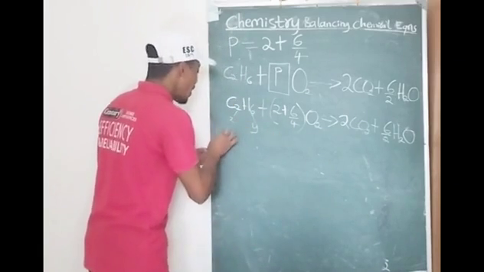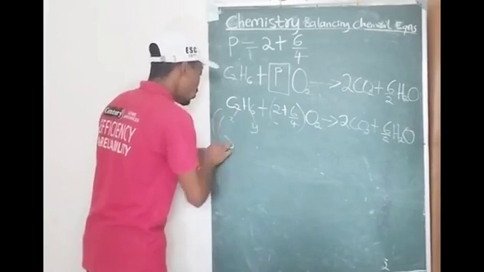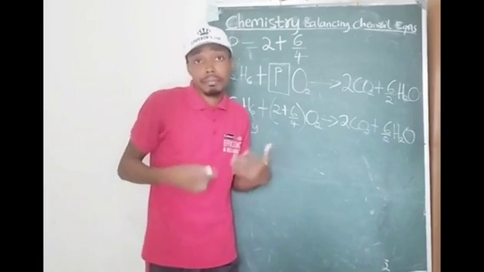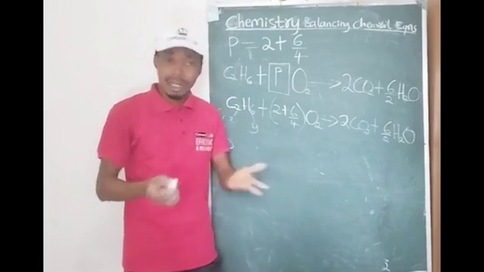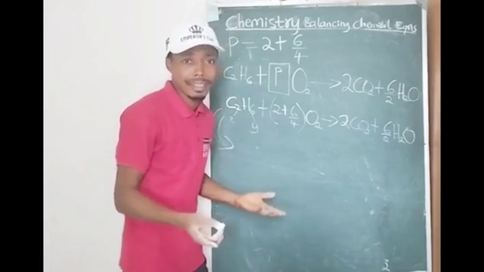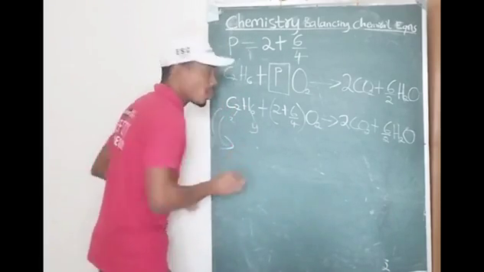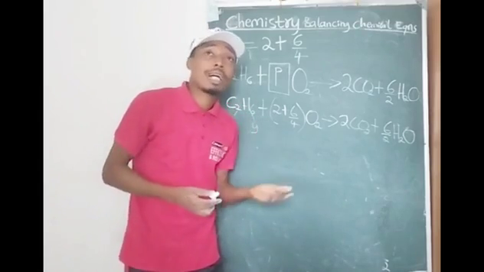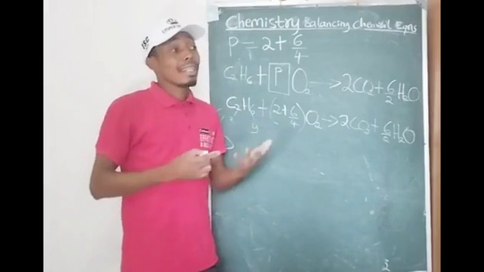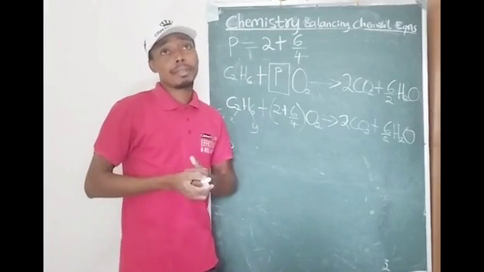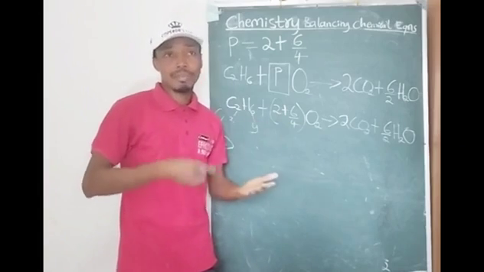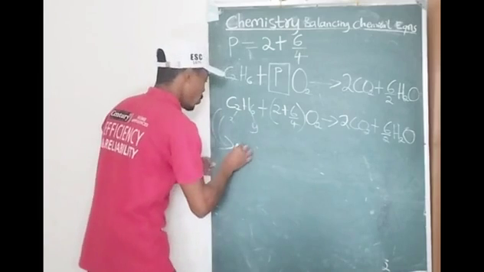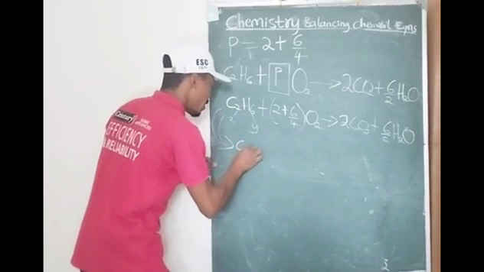You discover that the general chemical equation for an alkene applies to alkenes too, and probably alkynes, because alkynes are just made up of a carbon atom and a hydrogen atom. So this will be CXHY